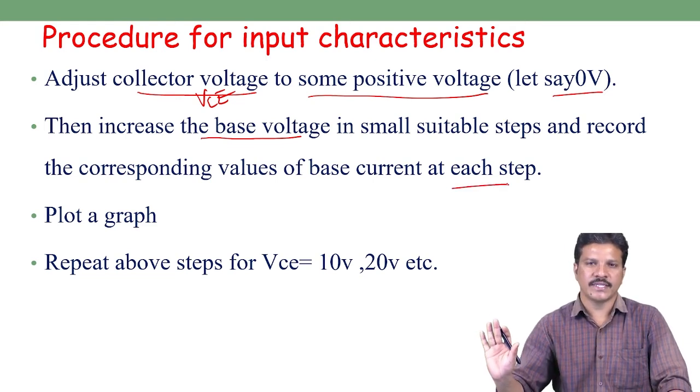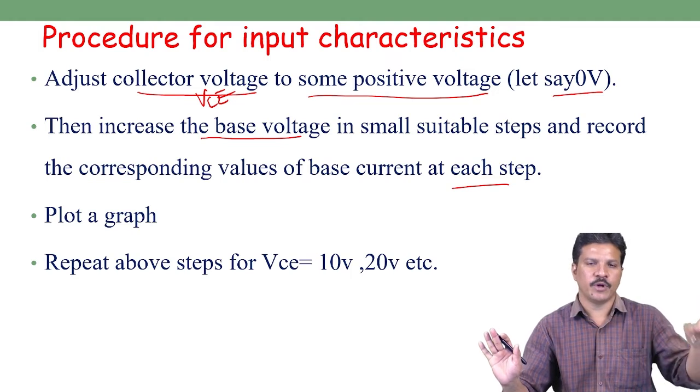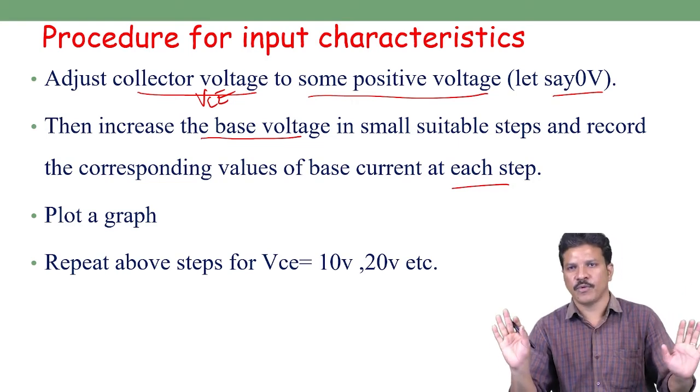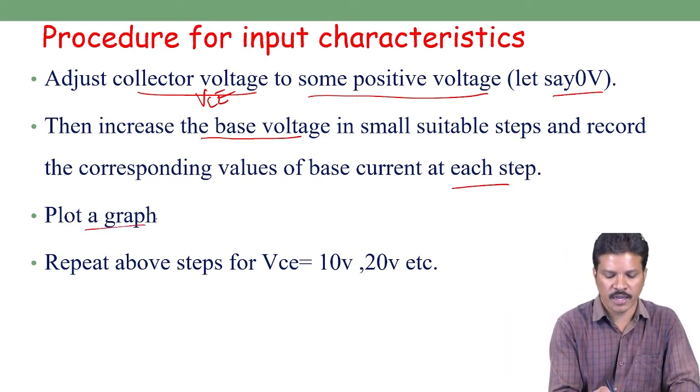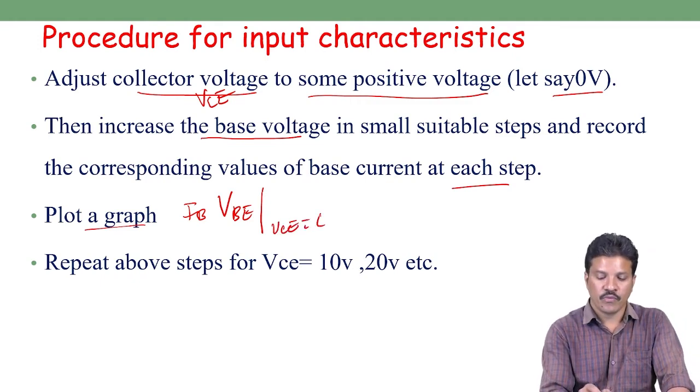By keeping output voltage constant, changing the input voltage, and noting down the input voltage and input current, plot the graph between input side input current and input voltage by keeping output voltage constant. So when we plot IB versus VBE by keeping output voltage constant,